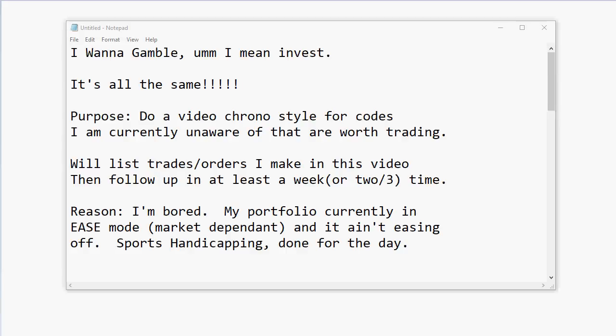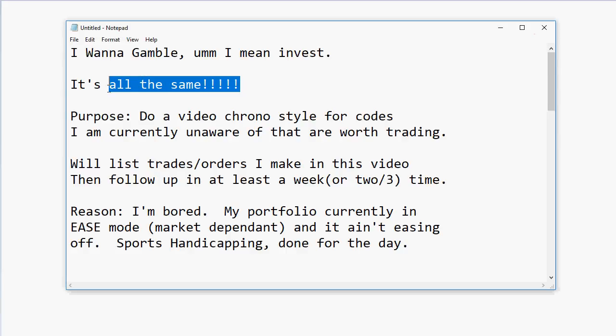But first, man, I want to gamble. Invest. It's all the same. When you look at the definition, gambling is making a risk on something you're uncertain of. And uncertain is defined as something that is not 0 or 100% likely to happen, which is practically everything in this world. So almost every single investor is that of a gambler. But there are words like calculated, advantage players, those who expect a long term positive return